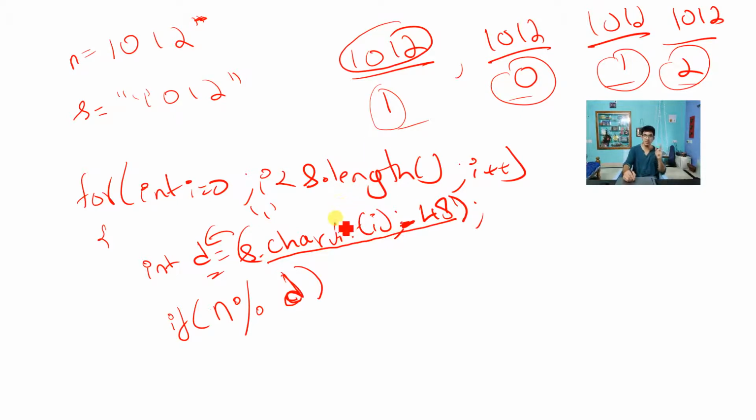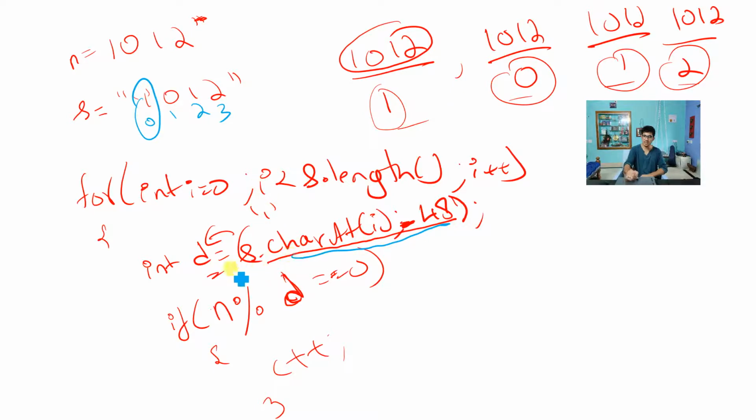Now you got integer 1, so we have to check whether n mod d is equal to 0. If it is equal to 0, count plus plus, that's it. Okay, so what happens now? Let's see, I'll change the color here. See, the index is 0, 1, 2 and 3. When my i value is 0, s dot charAt of 0 is character 1. Character 1 is converted to integer and given to d. 1012 mod 1, is it 0? Yes, c plus plus will execute. And like that it will continue, and wherever it divides, it will give me the answer.